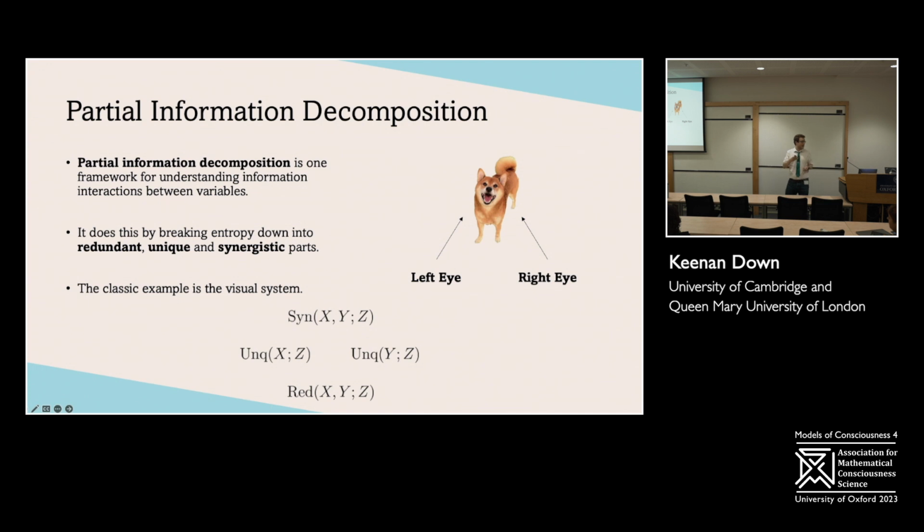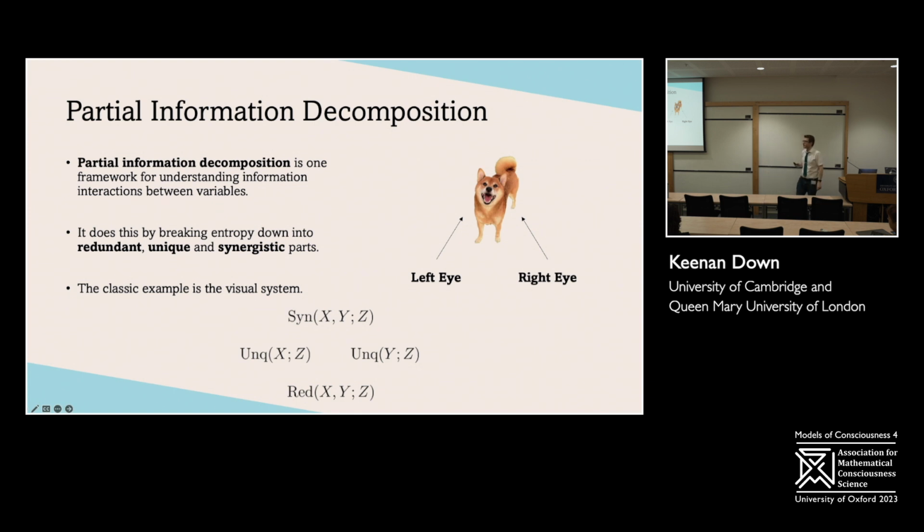So the classic example of this is the human visual system. So if I take this little controller thing, I put it right in front of both of my eyes, two variables, two sources of information, and another thing that I'm trying to get information about. I'm going to get two copies of some information. That's the redundant information. If I put it all the way over here on the far left of my vision, this is now unique to my left eye. If I put it over here, it's now unique to my right eye, that information.